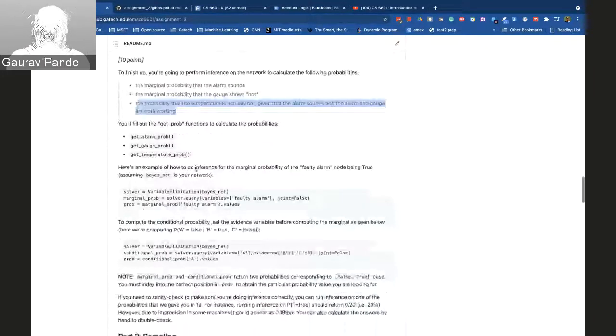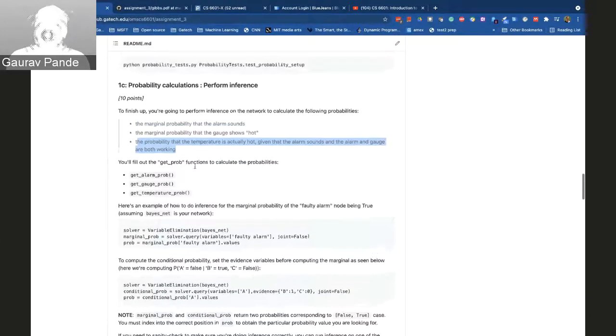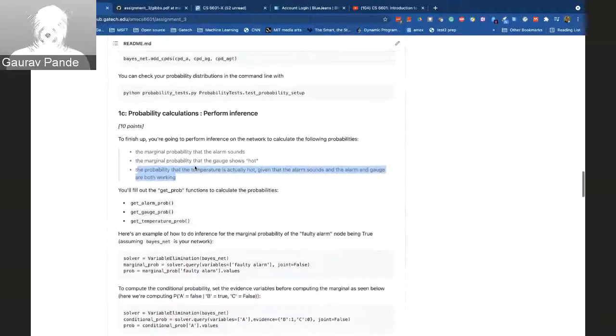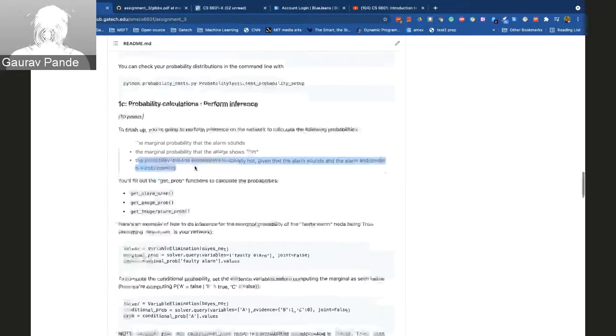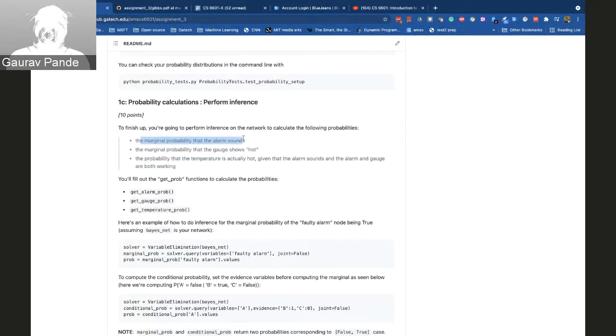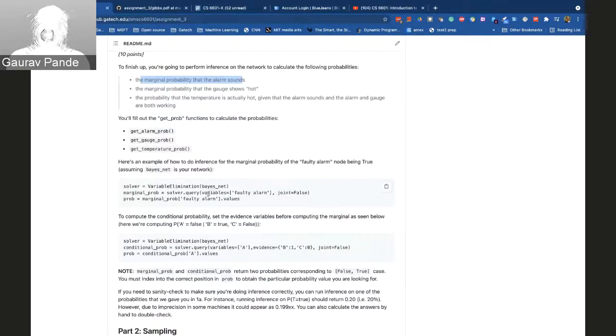For this also, please solve it on paper, because not all the test cases are covered here. There are very few test cases that are covered when you test this locally. When you submit it to Gradescope, there are further test cases that are run there to test the distributions that you are computing. So if you have solved this whole question on paper, if you have tried to calculate this marginal probability of the alarm sounding on paper, then it's very easy for you to verify whether your method is working or not. If the values match, then it's very likely that your implementation is correct and you will get a full score on that.